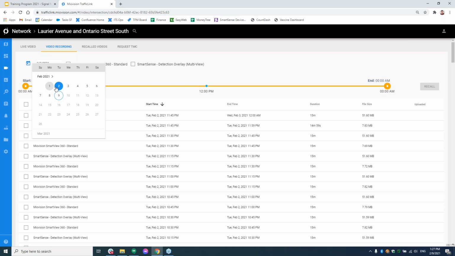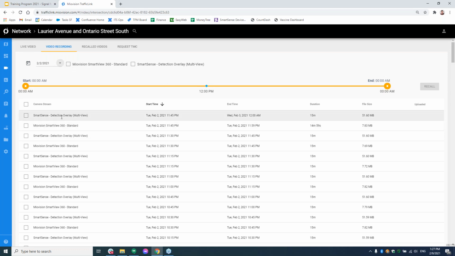So I have about a 7-day window before I don't have access to that video, so I can go back and understand what was wrong with my detectors, or when a citizen called in with a complaint, what was really happening, and I want to really assess that situation. So to actually do that, there's a little bit of a process.